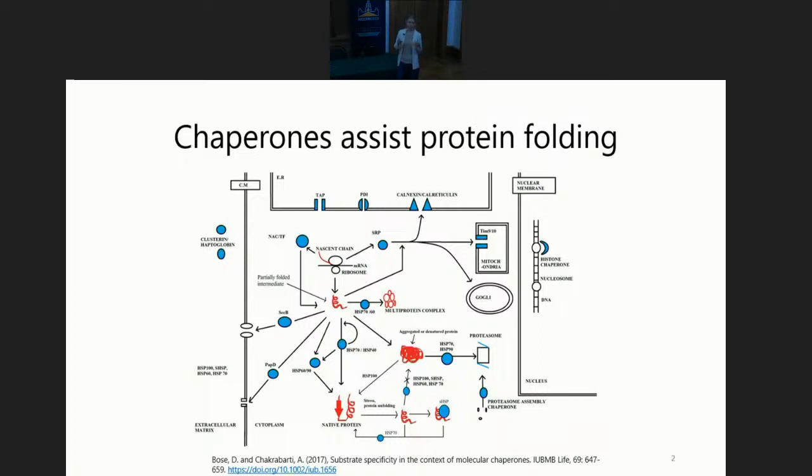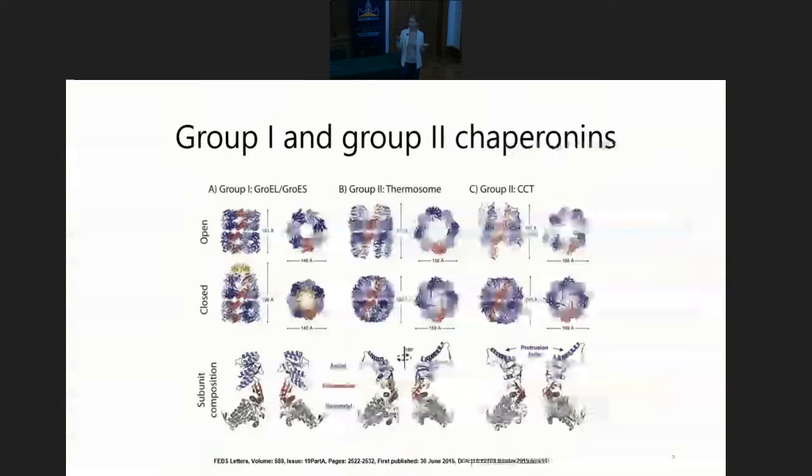Of course, these proteins were united in the same group based on their sequence similarity, but also because they have a very typical, very recognizable structure. I will show it on the next slide. I think that you have all heard about the GroEL-GroES bacterial complex. It actually belongs to the chaperonins of the first group, together with the variants from mitochondria and chloroplasts.